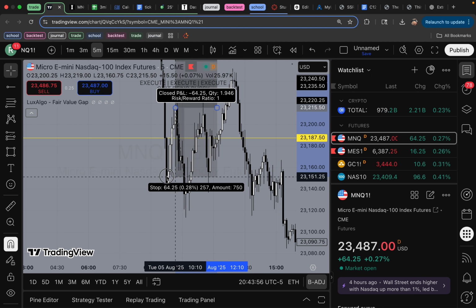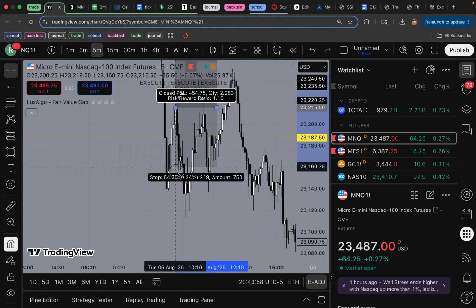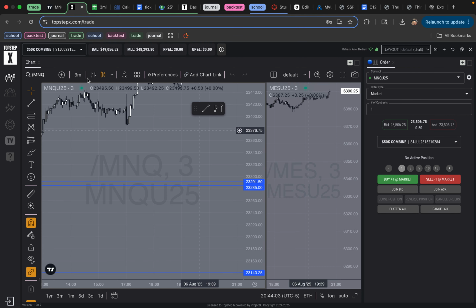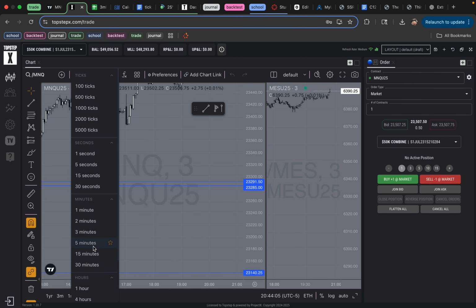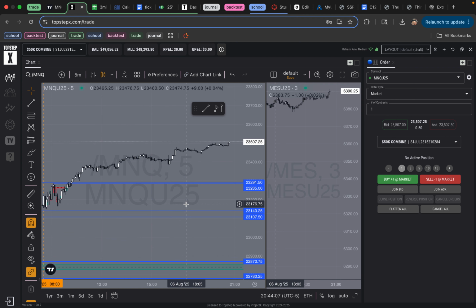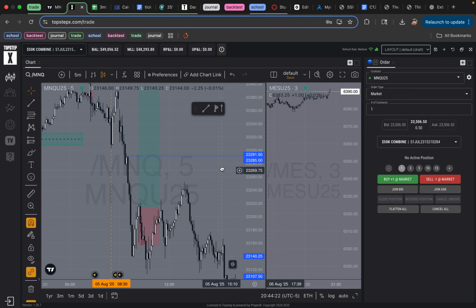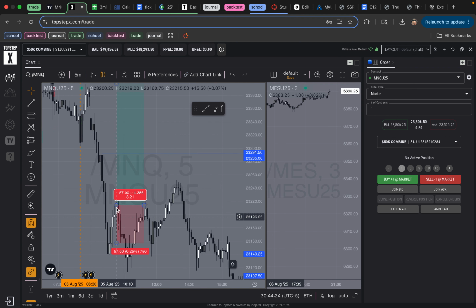Stops below. I think it's a pretty big stop. It might be on top step X actually, so let's check. Down to the 5. Right. Entered here, stops below that low because honestly it was pretty big. Looks like 57 points. And yeah, we just railed down.